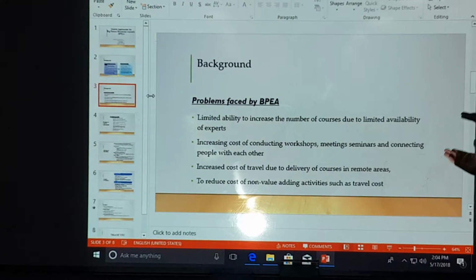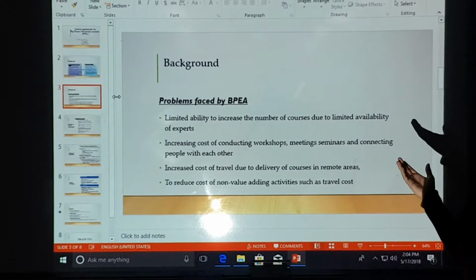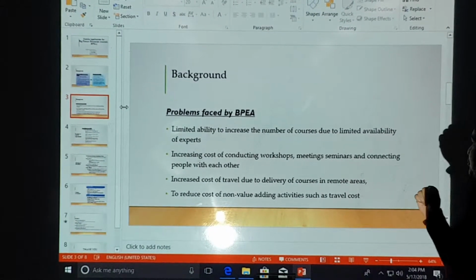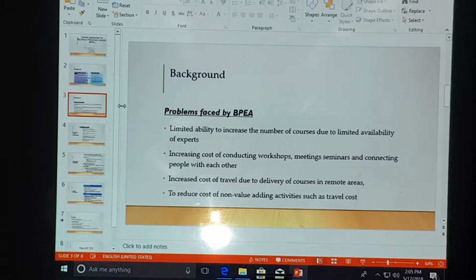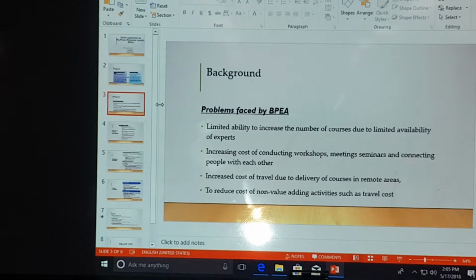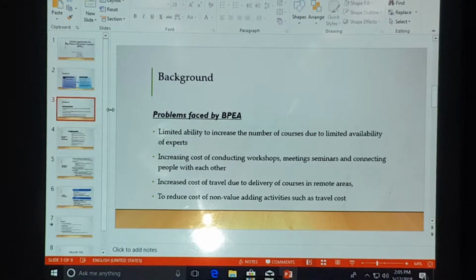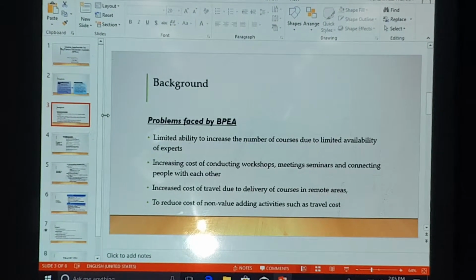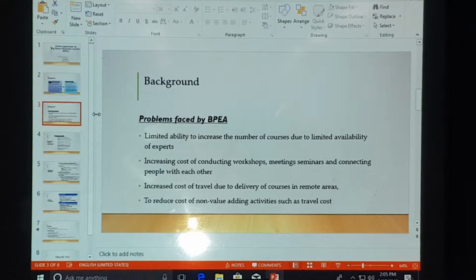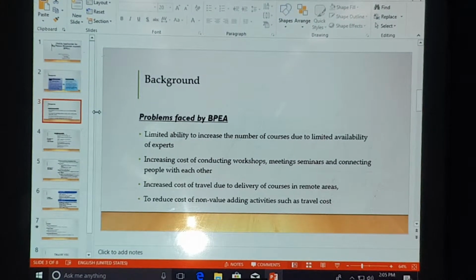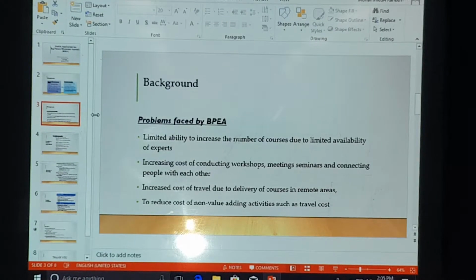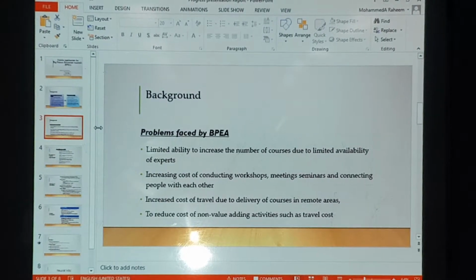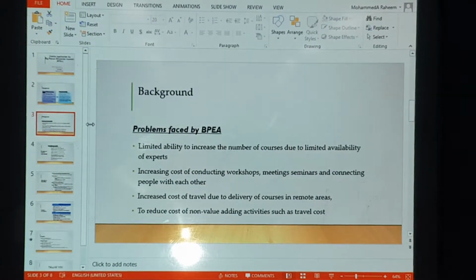And here we can see there are three areas in which BPEA is facing problems. First, limited ability to increase the number of courses due to limited availability of experts. The management of BPEA is facing some problems related to the expansion of education courses due to the limited availability of experts. BPEA wants to increase the number of subject areas it covers in its curriculum, and wants to cover the whole spectrum of courses from science, arts, and business, and provide a wide variety of options to the students. And coming to the second area,